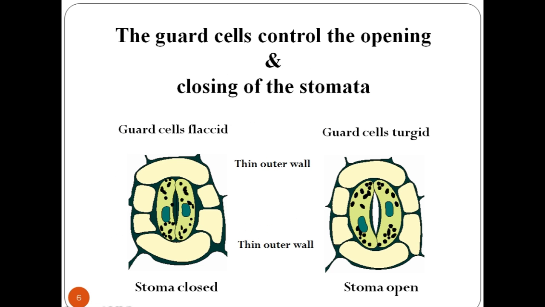When the stomata are open, water is lost by evaporation and must be replaced via transpiration stream with the water taken up by the roots. The guard cell controls the opening and closing of stomata. You can see the two images in which closed and open stomata is shown with its labeling name. After this,